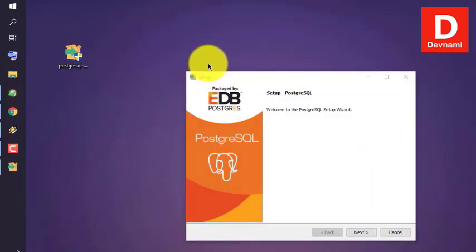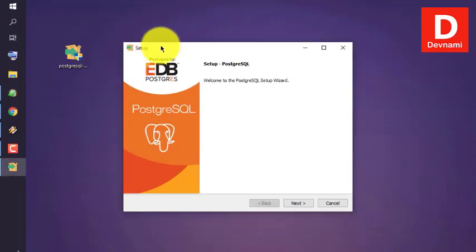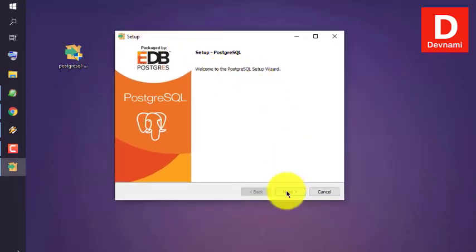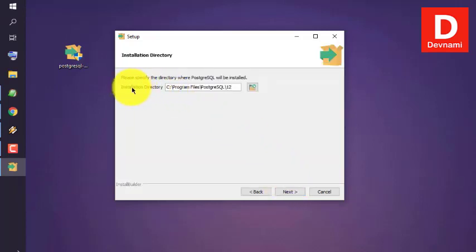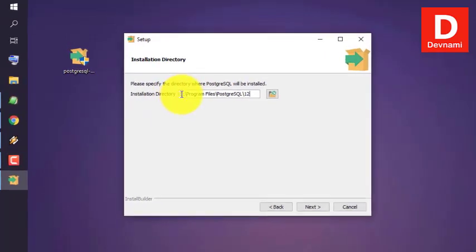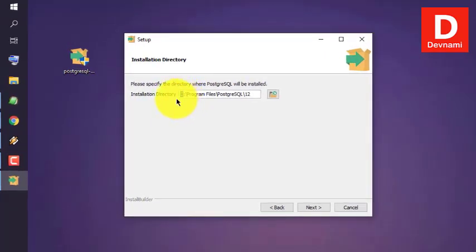Okay, now here you see, first it will ask you to click on the next button, so we'll do that. Then in the next step we have to choose the installation directory. Make sure to install it in E drive or any other drive than the drive which has the Windows installation. This is to avoid any permission issues while your database is running. Next step would be to click on the next button,